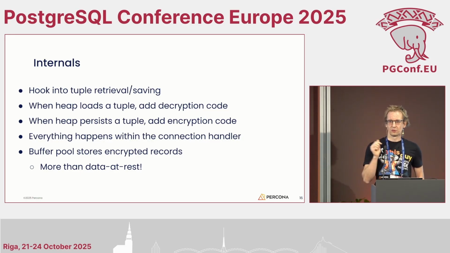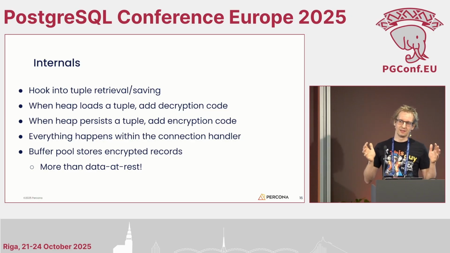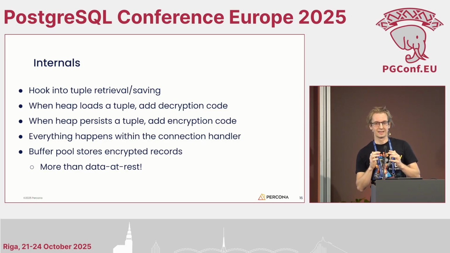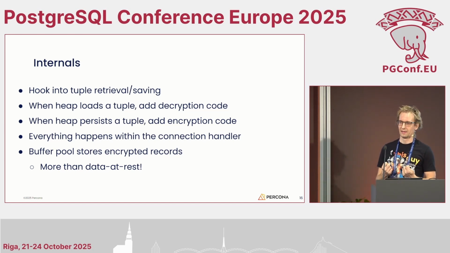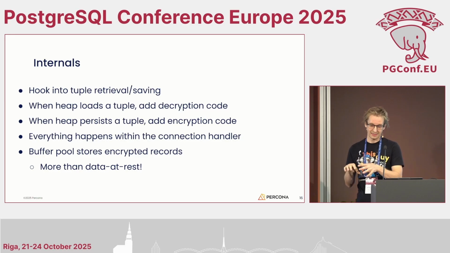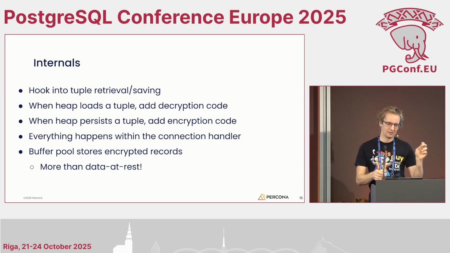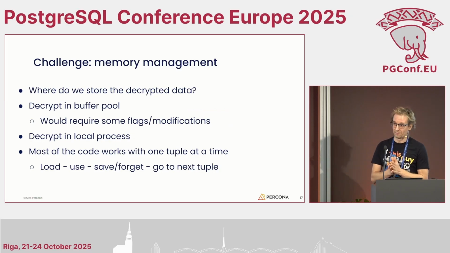And Postgres has many other components, like the buffer pool, where it caches the data internally. That means that all these lower level components store the data in an encrypted form. Earlier I mentioned that most encryption solutions only encrypt the data on disk and keep everything in memory in plain text, without encryption. Our solution was actually better, because it only decrypted the data for a very short time, when it actually had to access that database row. And immediately after it had no need for that database row, it forgot about it. It discarded the decrypted data.